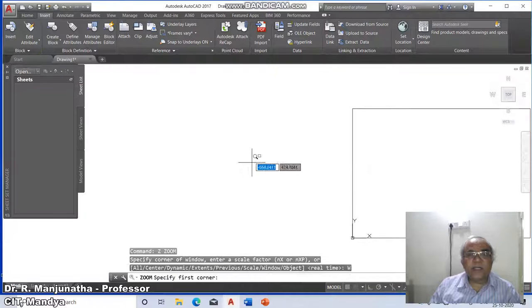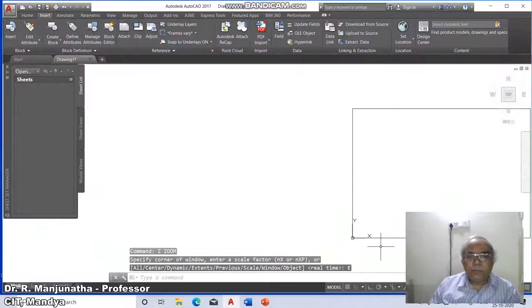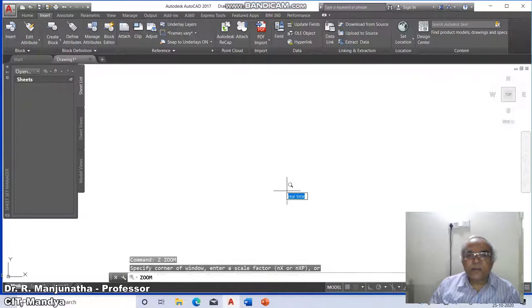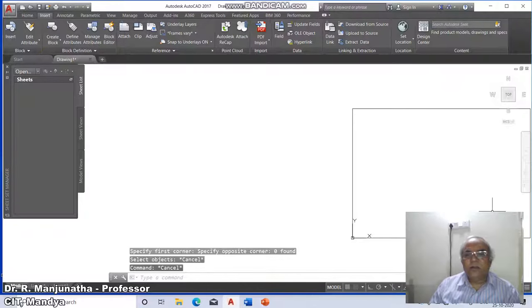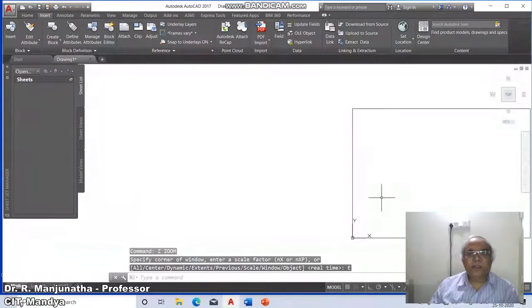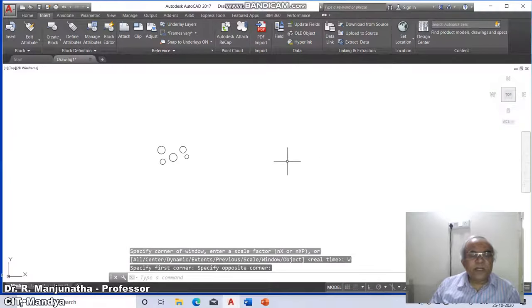Then you have to look somewhere here, or it is somewhere here. Do we have it? You say erase, and 0 found. So somewhere here it is not there. Zoom extents won't work here because the entity is considered far away. So it is here, you can see. Now we have the entity here.